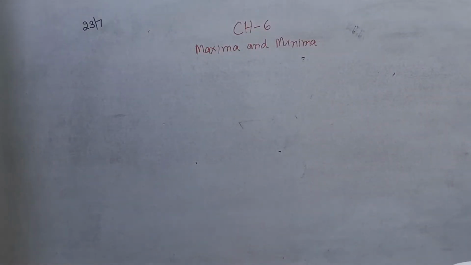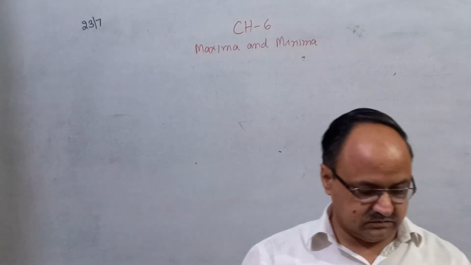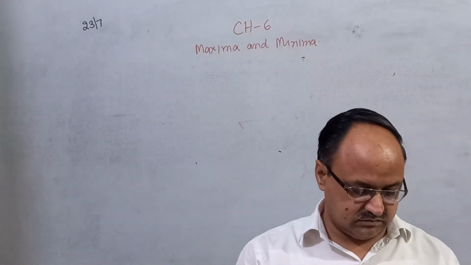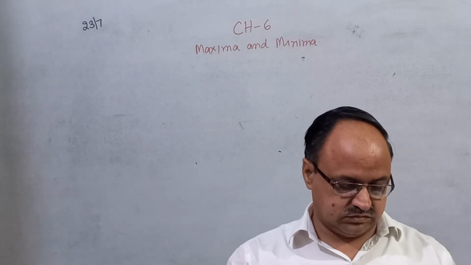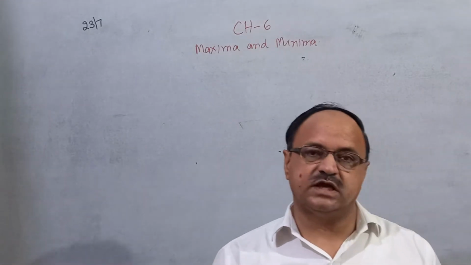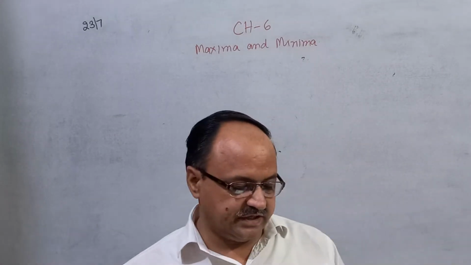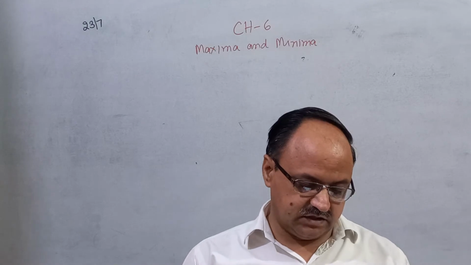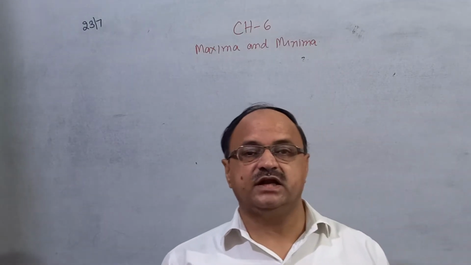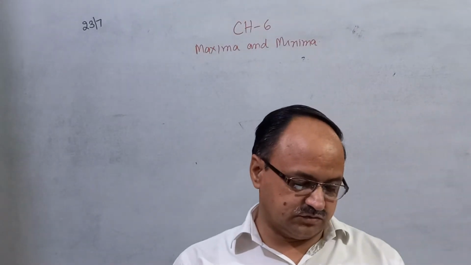Next, question number 9, same, find the maximum. And question number 10, find the maximum value in the interval. There are two intervals, correct? You can see a closed interval is given in question number 10. It means you have to find the absolute maximum value. Similar, same as question number 5.